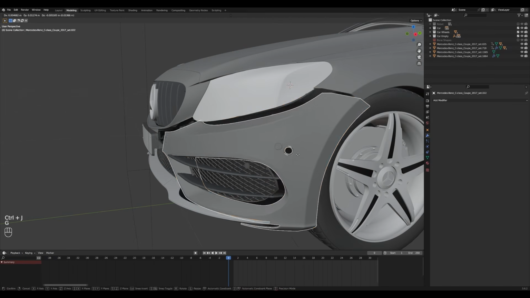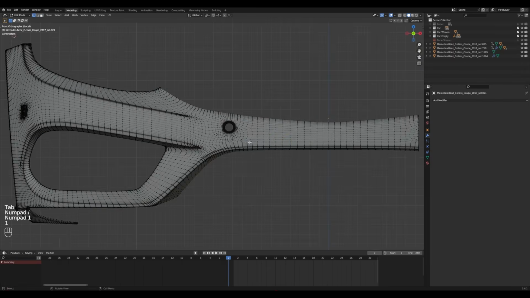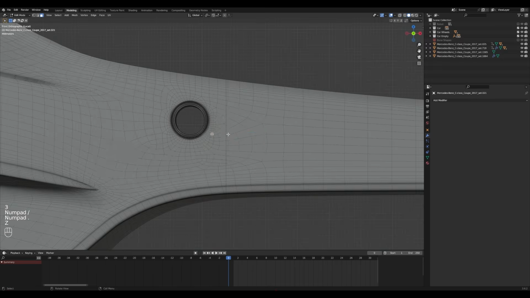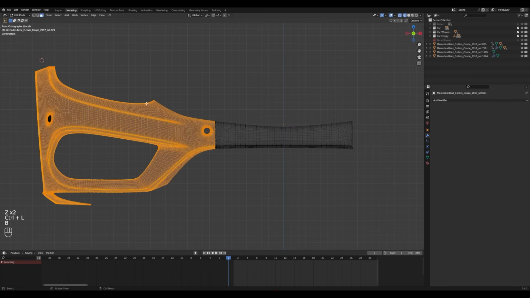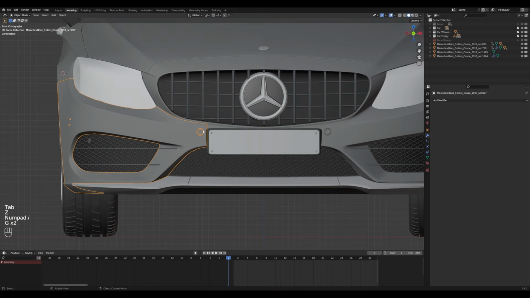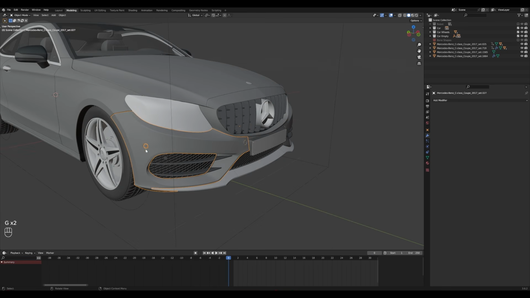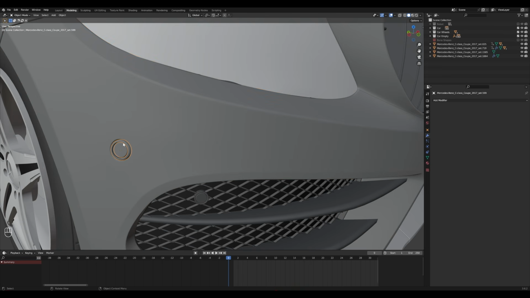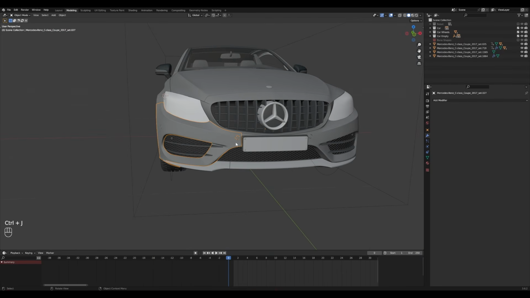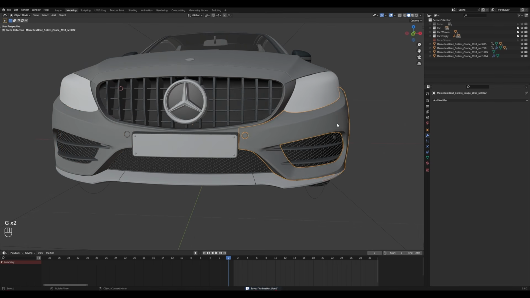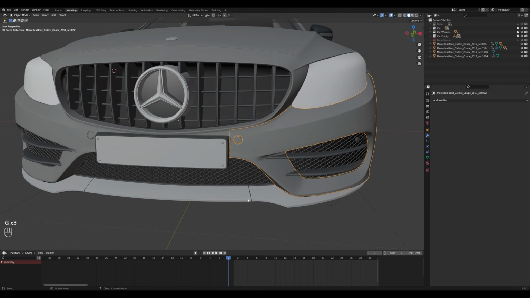Let's quickly join these circles to the mesh. Again, we will do the same thing here as well. Try to slice the mesh in a straight line and then hit V. As you can see here, it is selected easily because the vertices have been detached here. Now this part is also being separated. So here, as you can see, these parts are being separated now. So now I can animate this.